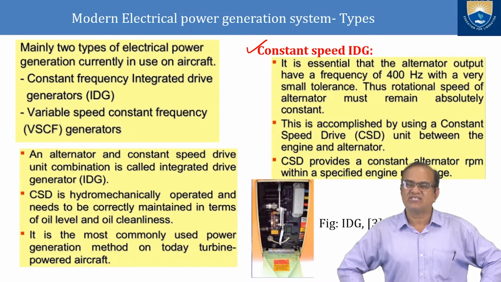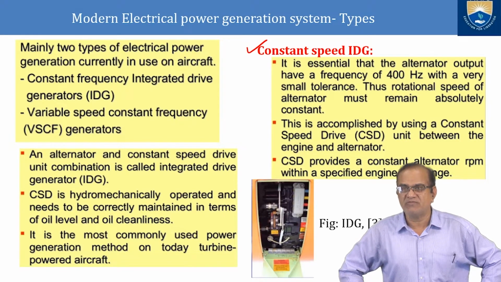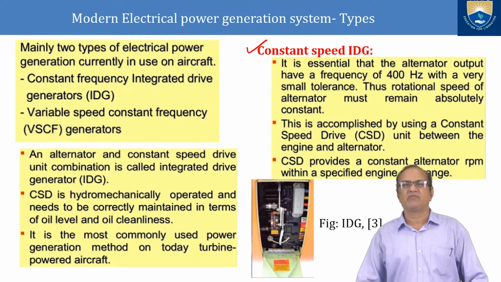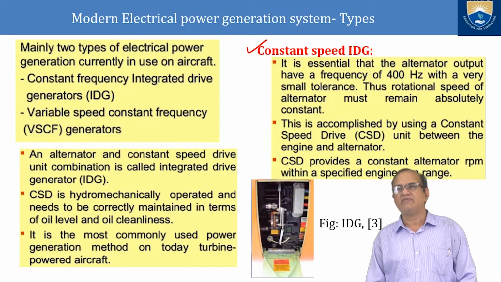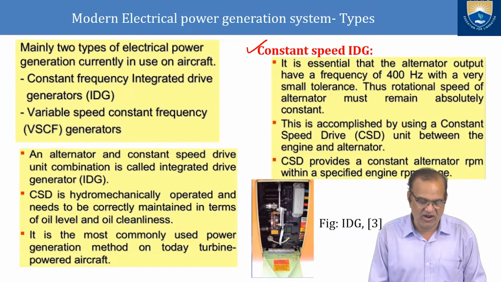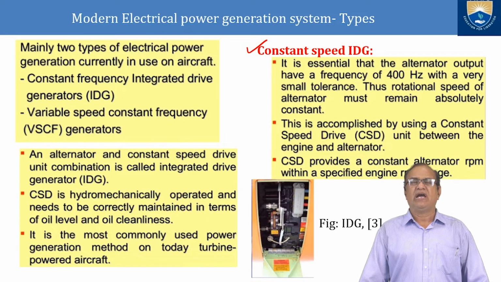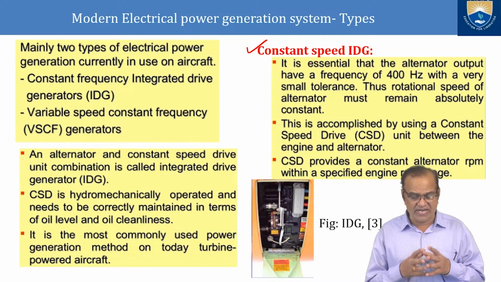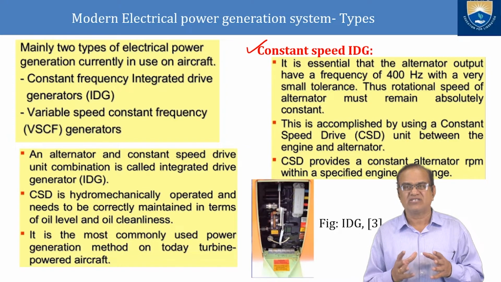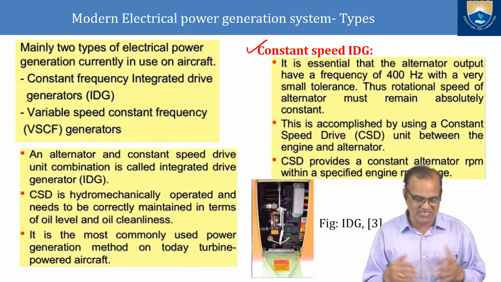So this constant speed drive provides a constant alternator RPM within a specified engine RPM range. So this is the importance of the IDG. The alternator and constant speed drive unit combination is called the integrated drive. So the alternator and the CSD are in one unit, and this is called the IDG,